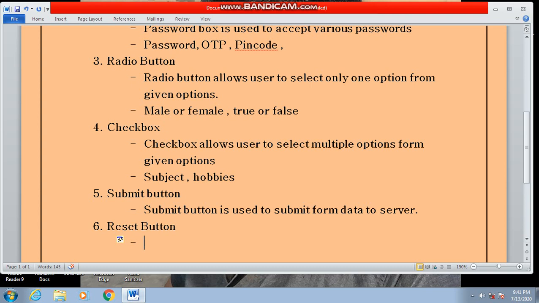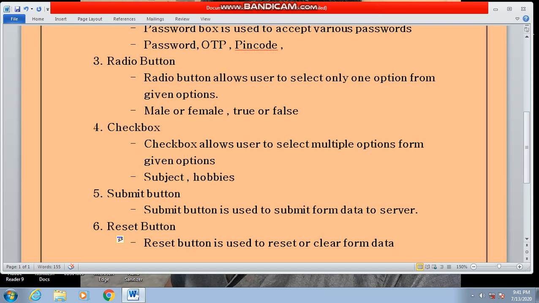Basically, a reset button helps us to reset or clear the form data. A reset button is used to reset or clear form data. These are the six basic input fields of a form.